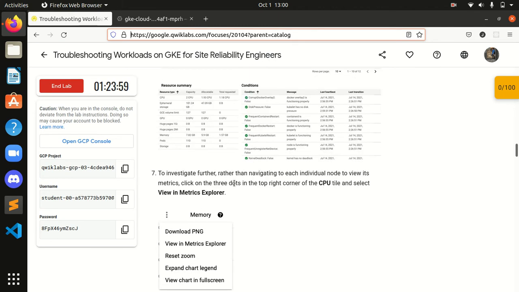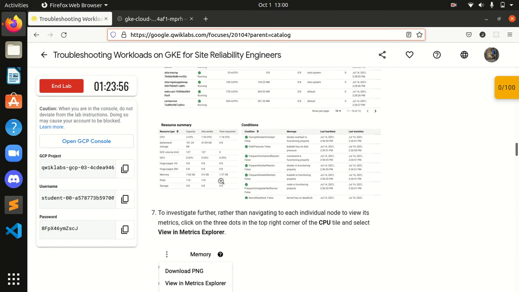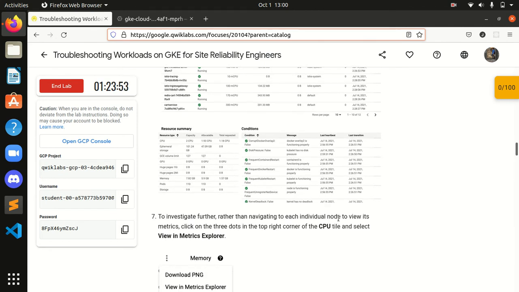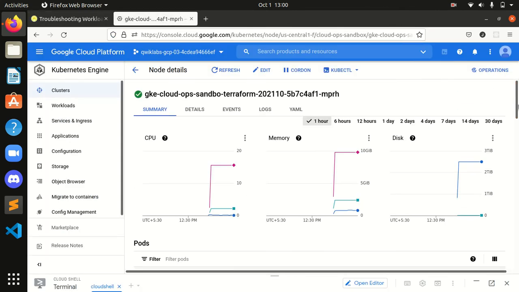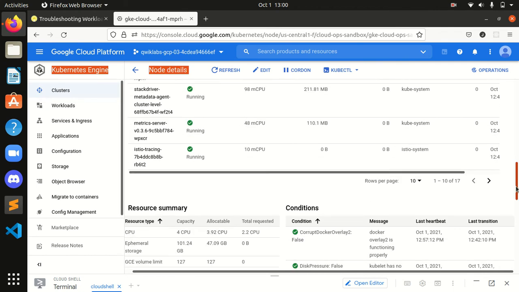To investigate further rather than navigating to each individual node to view its metrics, top right corner. Okay, where is the top right corner?